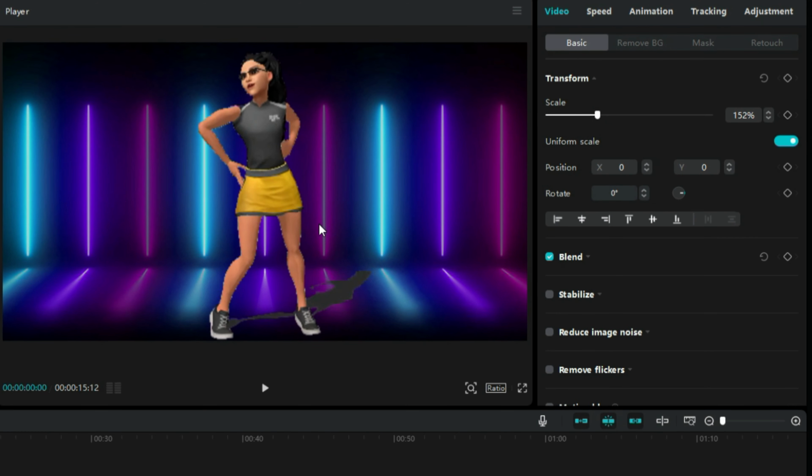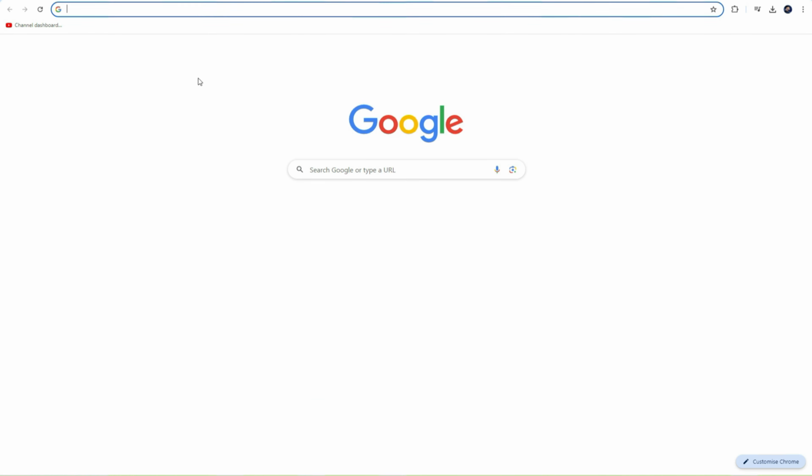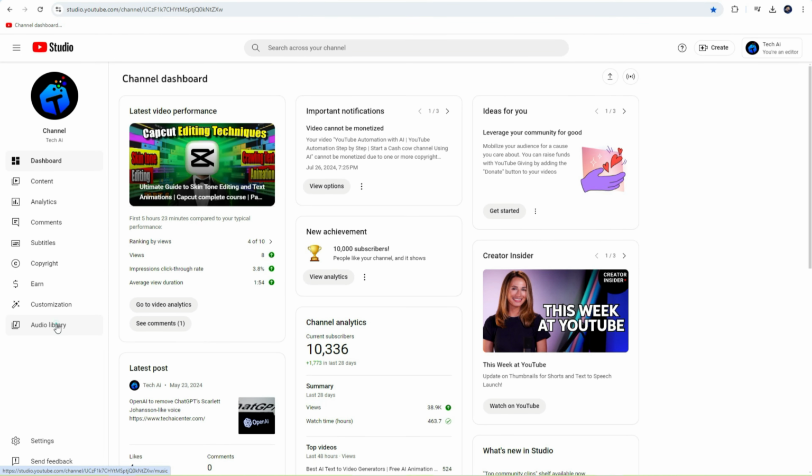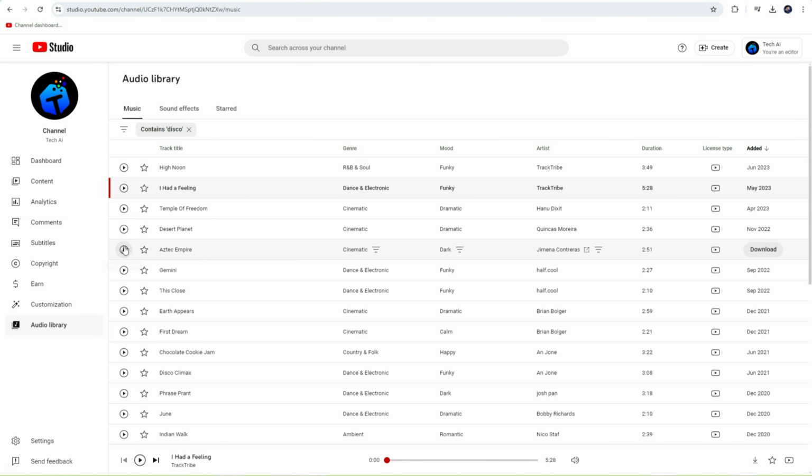Did you notice that something is missing? Yeah, the background music. Come back to the Chrome browser. Open a new tab and go to your YouTube studio. Open the audio library. Search for any music you need for your video. Listen to some of them and choose the best one. I will download this music called Gemini. Go to CapCut,